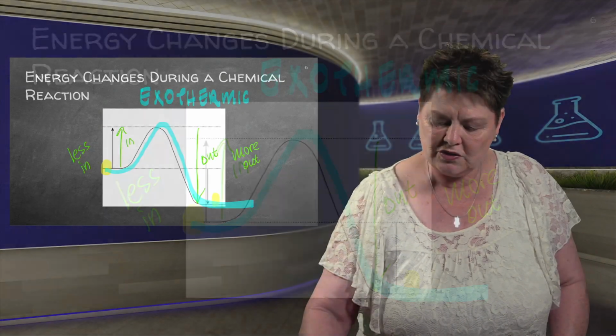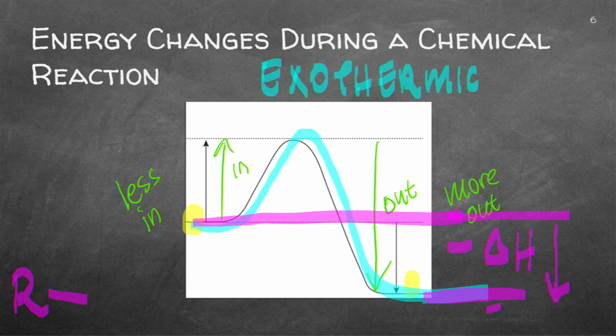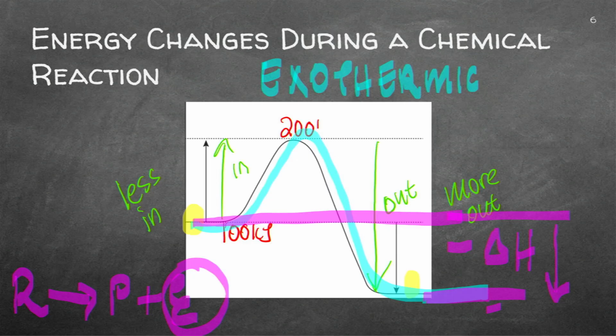And other than exothermic, there are two other definite questions that they'll ask you. They will want you to identify what the delta H is. That's the difference between where it started there and where it ended here. And can you see it's down? So it's a negative delta H. Implying that in a chemical reaction, you will then say the reactants form the products plus energy, exothermic. And if we quantify this, I want to give values so that you can see where we're going to apply this. I'm going to give a value here of 100 kilojoules. Then we're going to take it up to 200 kilojoules, and we're going to go down to 50 kilojoules.